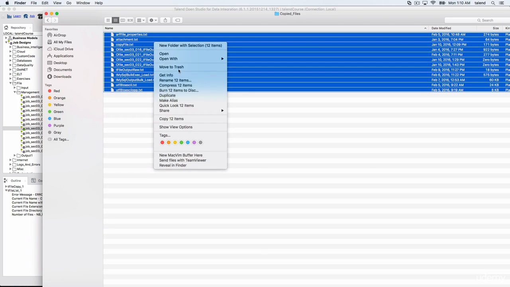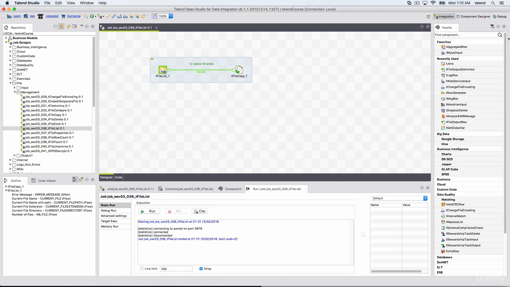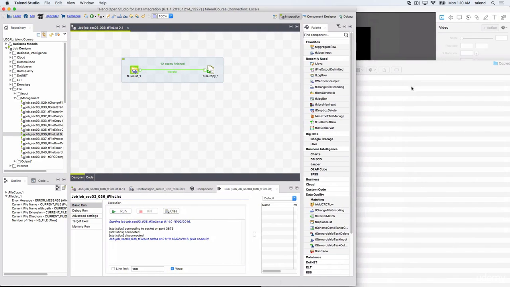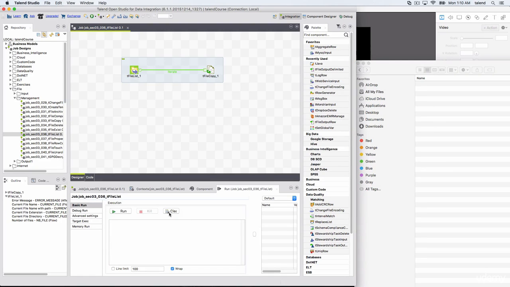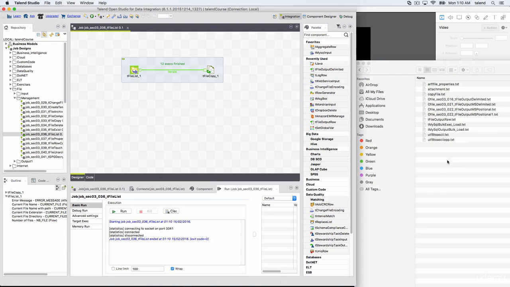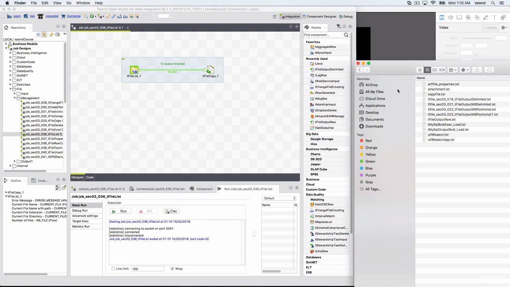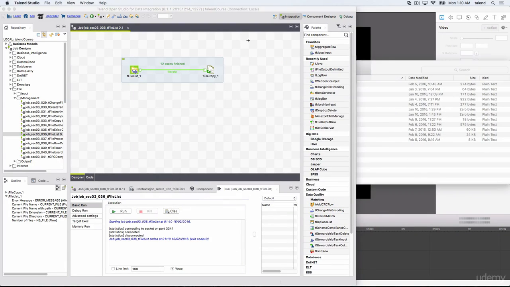Actually, let me show you this interesting thing. This is too fast. I don't have any files, right? Let's clear. Run. So it copied very fast, but it copied one after another. That's all I wanted to show, but these files are so small, it copied very fast.